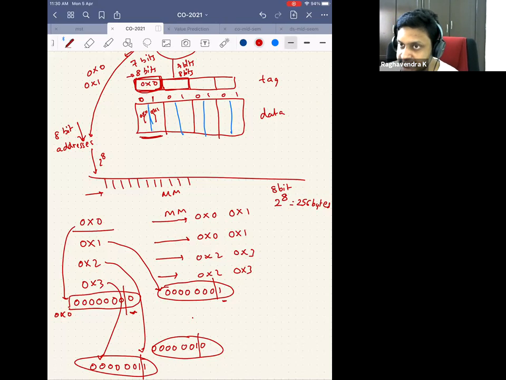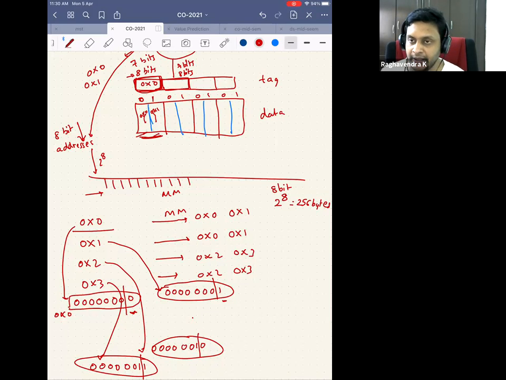Right. So I am fetching 2 bytes together, and why am I fetching? Because the program is behaving, using spatial locality. Since it's using spatial locality, I am bringing 2 bytes together, and I'm bringing only multiples of 2 together, which means that irrespective of what is accessed, if 0x1 is accessed, I bring 0x0 and 0x1. And instead of initially keeping 8 bits here, I am keeping only 7 bits, because the 8th bit, the least significant bit, is either 0 or 1 anyway.